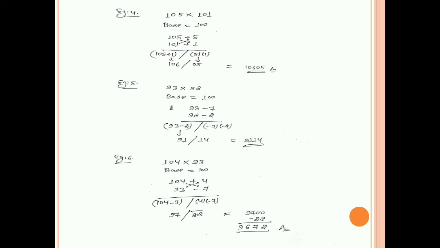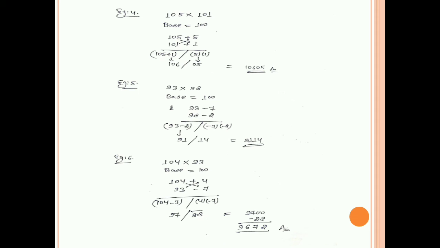Let's see another example. 93 into 98. Both the numbers are less than 100. So we will write 93 minus 7 because it is 7 less than 100, and 98 minus 2. And we will multiply minus 7 and minus 2, we will get 14, and 93 minus 2 or 98 minus 7, in both we will get 91. Since the digits after the slash are 2, no need to add any 0 or to carry over. So we will write 14 as it is, and 91 as it is. So our answer will be